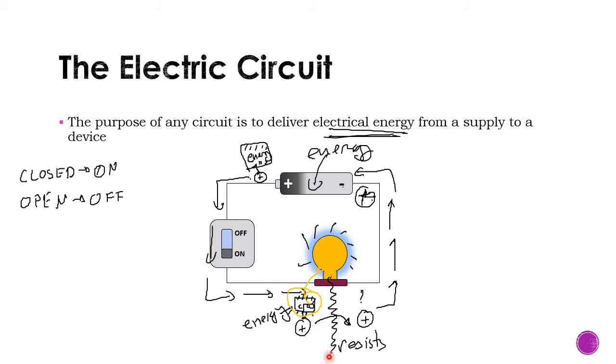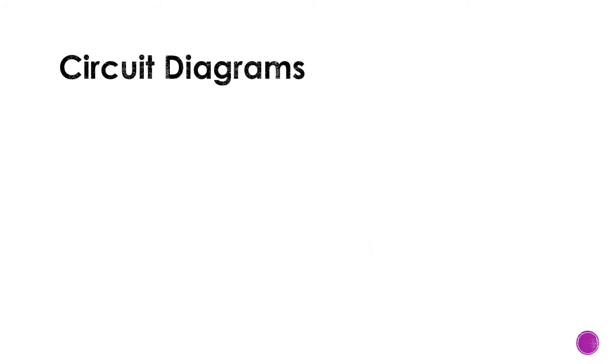The lamp stops the charge, and the charge has to deliver energy to the lamp. And it loses its energy to the lamp, and it leaves the other side without energy, but still a charge, and then it goes back. That's it. And that's the story of an electric circuit. And this will help us understand the difference between the three electrical quantities we'll study in a bit, called voltage, current, and resistance. Now, one more thing though, before I get to the quantities, we're not going to be drawing